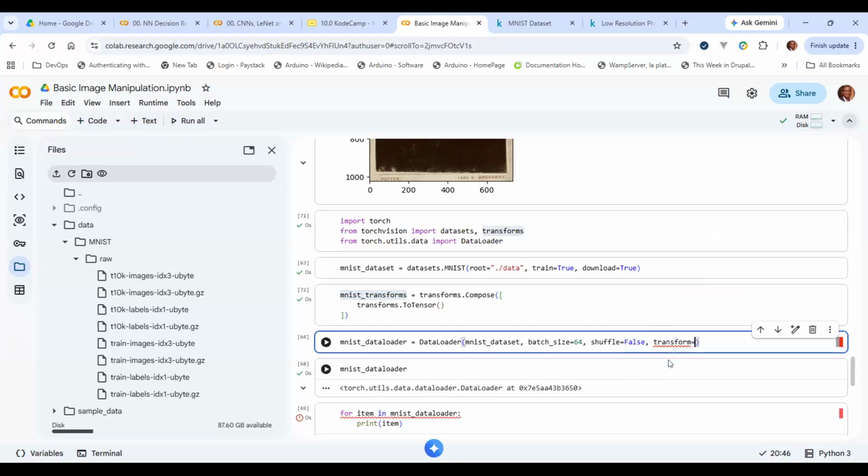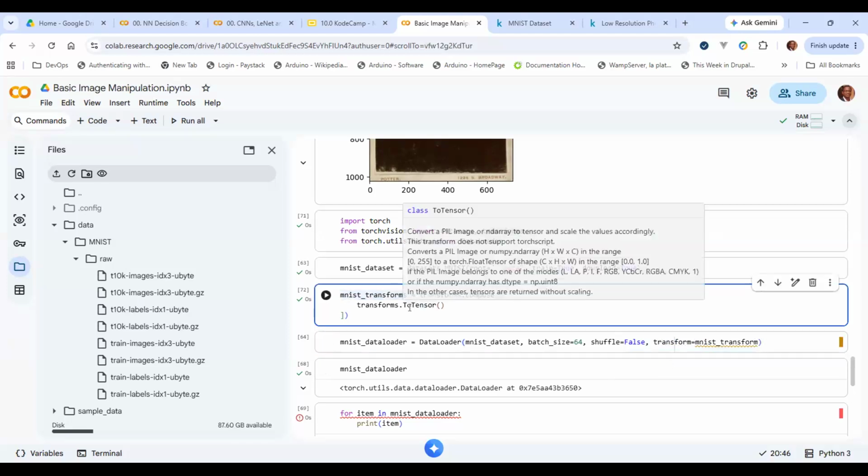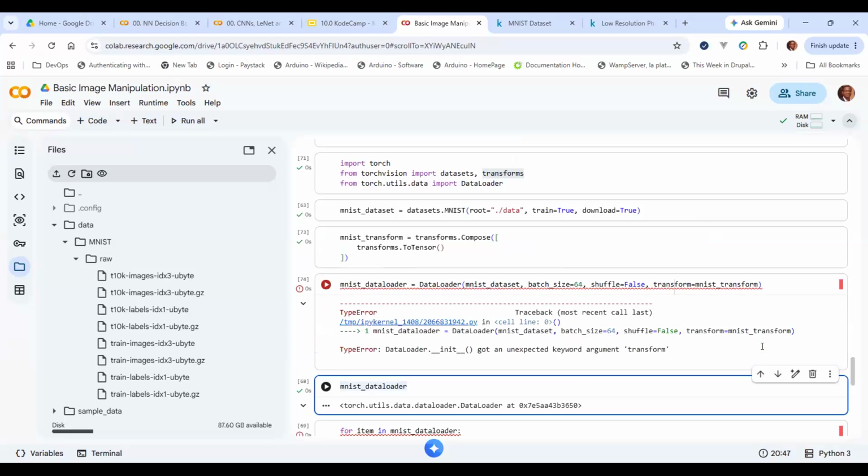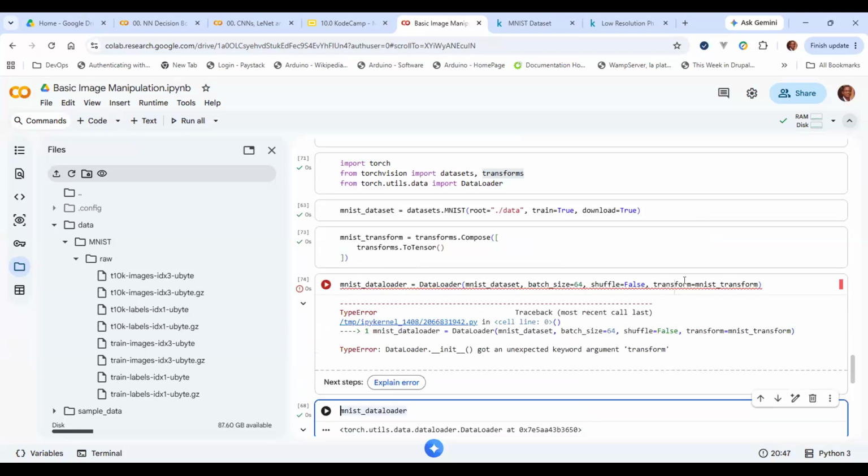Transform, rather, is mnist_transform. Let me call this MNIST transform because it's still a single transform, even though it is a composition of multiple transforms. Now I create a data loader, and I specify the